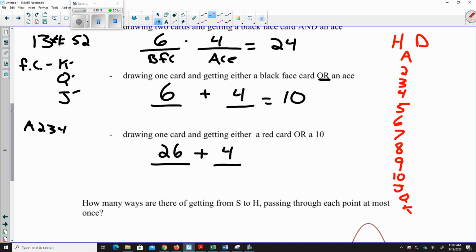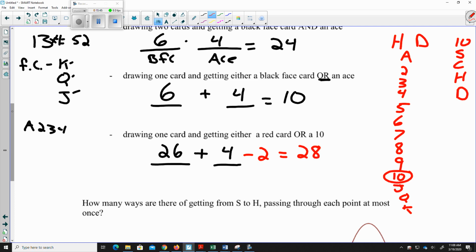So there's 13 of them times that by 2, there's your 26. Now with our 10s, we have the spade, the club, the heart, and the diamond. But if you look, we've already counted it over here. So we've actually double counted the 10s. So what we have to do is we subtract the 2 that we've already counted. And that just becomes now